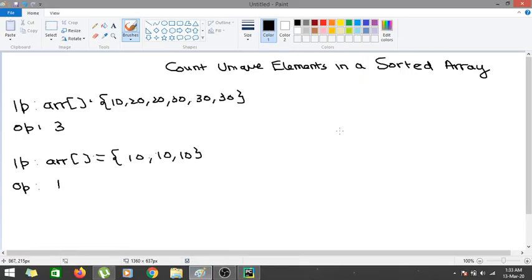Hi guys, in this video we are going to learn how to count the number of unique elements in a sorted array in an optimized manner. So what the problem states is that we have to find the unique elements present inside a sorted array. Although there may be multiple occurrences of a particular element, we must consider only one occurrence